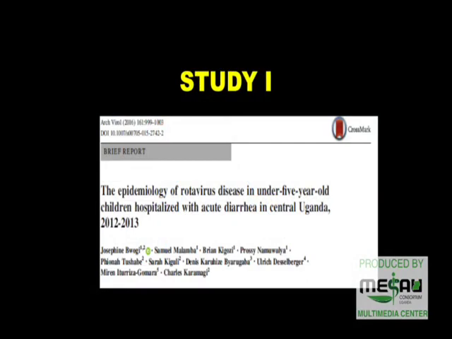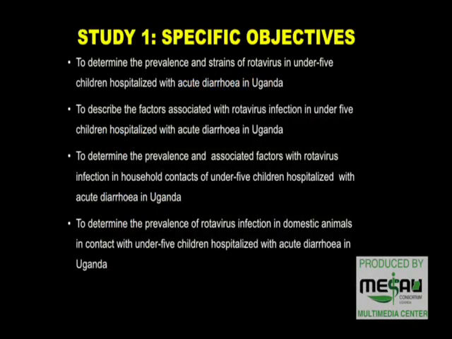So this PhD work was composed of 3 studies. Study 1 has already been published in Archives of Virology. The specific objectives for study 1 were to determine the prevalence and strains of rotavirus in under 5 children hospitalized with acute diarrhea in Uganda, to describe the factors associated with rotavirus infection in under 5 children hospitalized with